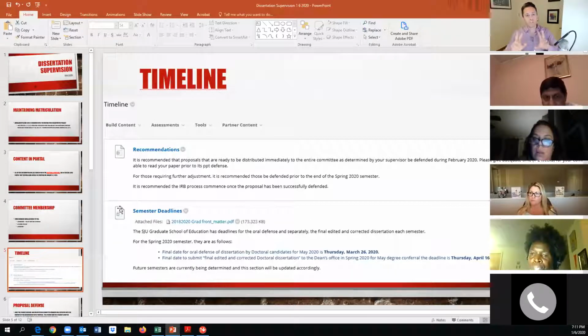So at St. John's, there's 2 defenses. There's a proposal defense, meaning does this person have a clear understanding of what they want to research in terms of an introduction and addressing a gap in the literature and in a theoretical frame that guides its research design and overall data collection analysis? Do they have the nuts and bolts and the essence of what they want to do?